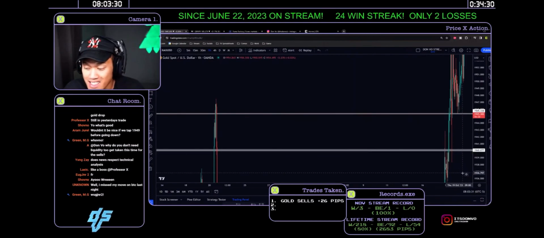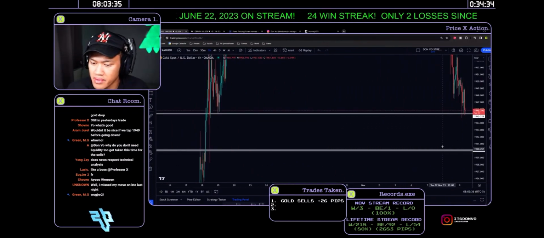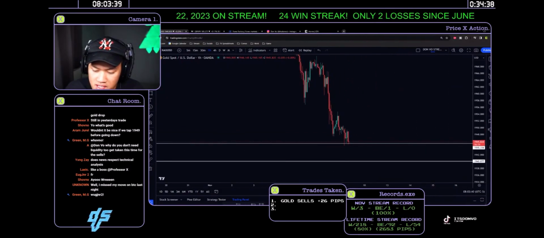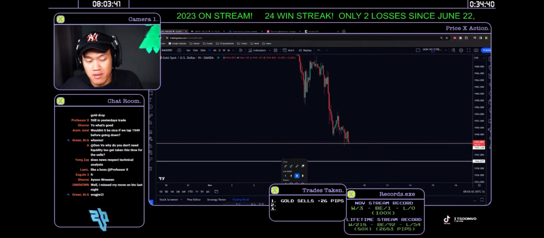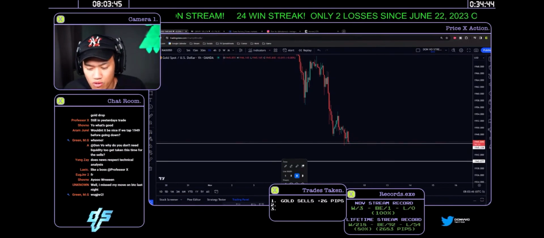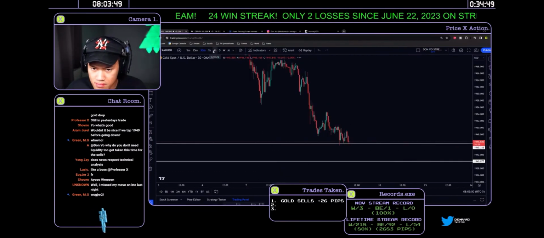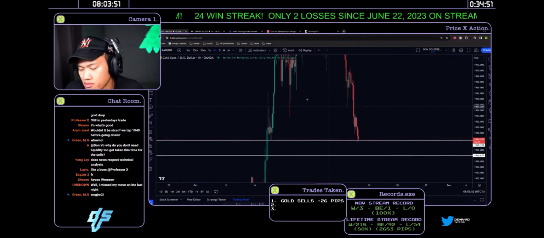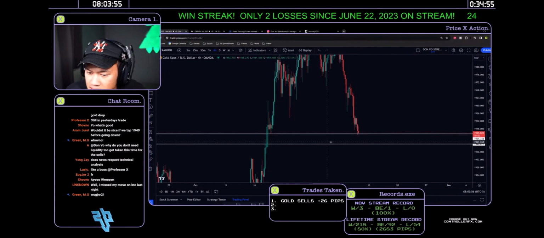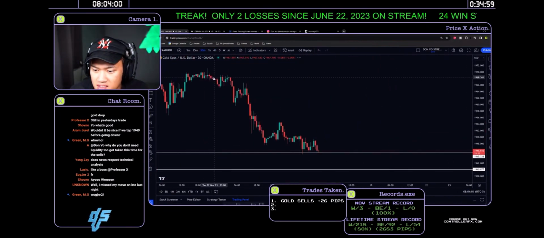But what I know is that 1940 is a decision zone. Once it taps 1940, it will have a decision to make on where it wants to head next, and you can mark up your ranges, and maybe we might get buys later on. Maybe we might not even get the sells today. We might even get the buys after 9 a.m. But there won't be buys for me until after news minimum, or after 9 a.m., in about an hour, if we were to close above the range. But yeah, let's see how this forward candle closes here. About 56 minutes, chat, and I guess we just have to chill and